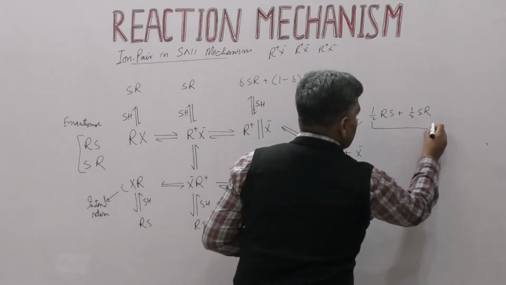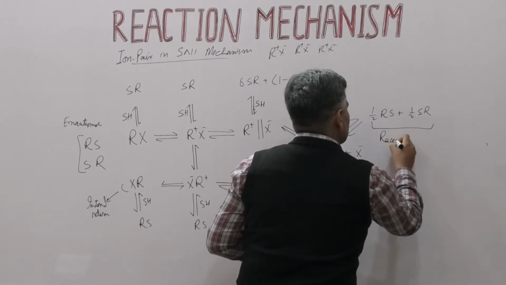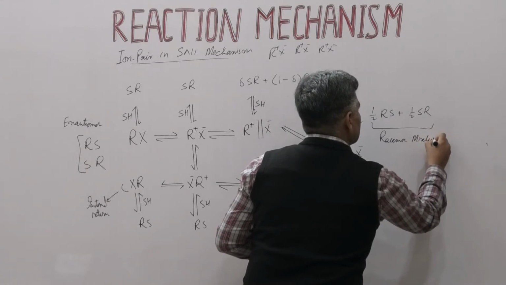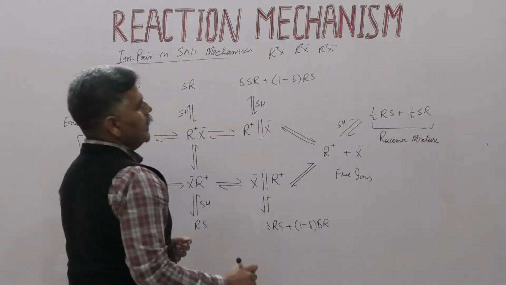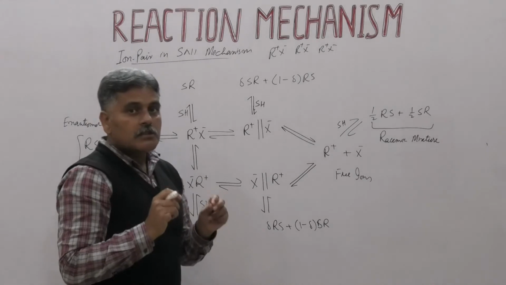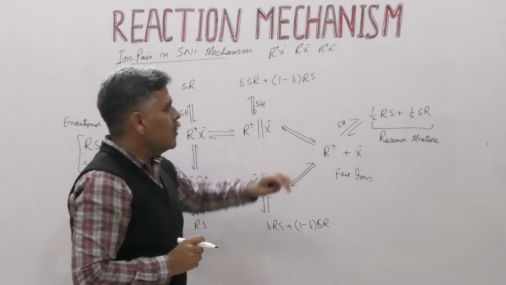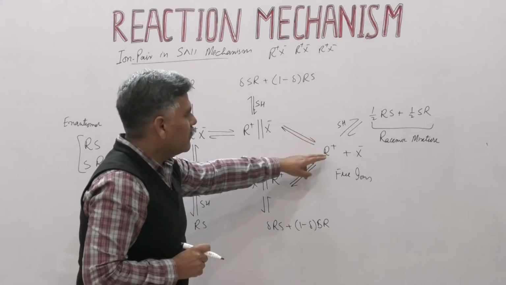So this is the case of a racemic mixture. So racemization in the SN1 mechanism occurs only when free ions are formed, and these free ions